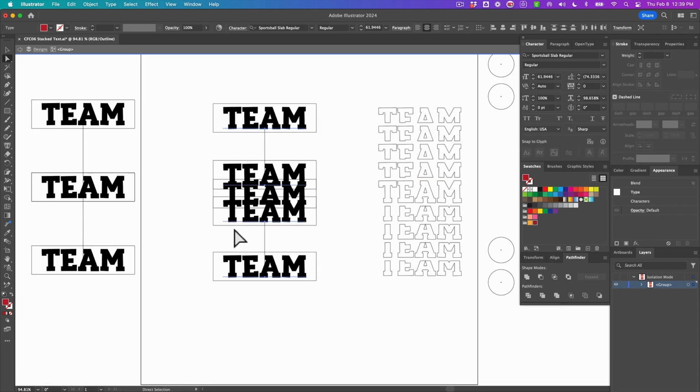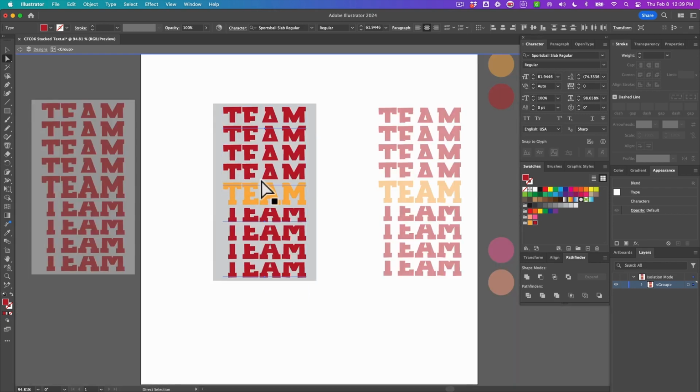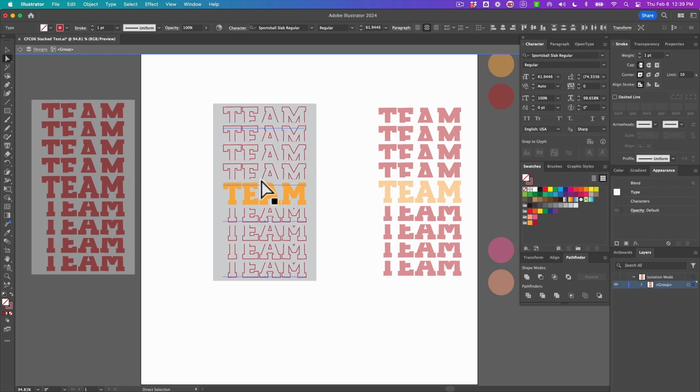You can switch over to the outline mode if that helps you find them a little bit easier. But once I have those texts selected, I can press Shift X on my keyboard to swap the fill and the stroke, so that instead of these having a solid fill color, now they have a stroke outline instead. Next, I'm just going to bump up the weight of this stroke to about 4 point, and I think that